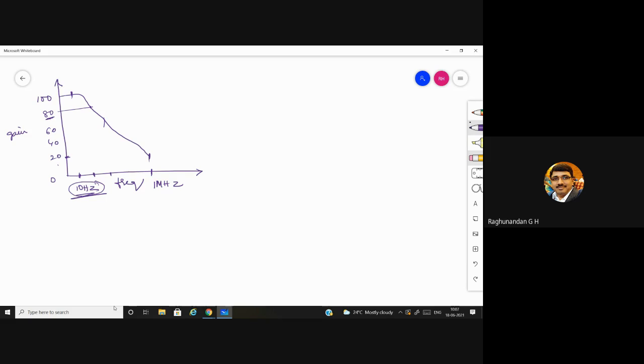So in order to overcome this problem, we are going to add a negative feedback and we are going to compensate it. So that is one of the additional reasons why we go for the negative feedback, and we are going to tune the RF feedback resistance. So this is about the frequency limitations and the causes of slew rate.